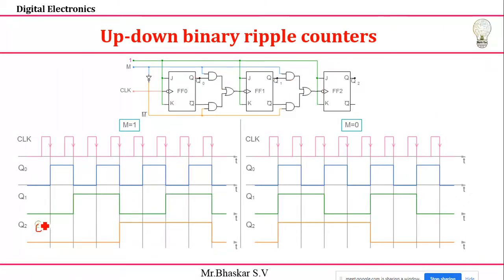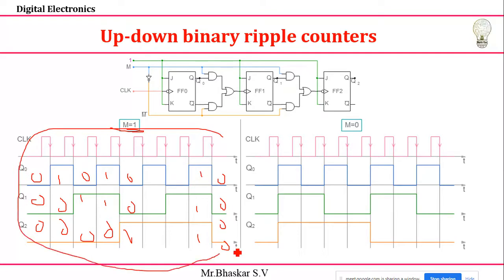For the initial values it is 0 0 0, same thing. Next it is 0 0 1. Next it is 0 1 0. Next it is 0 1 1. Next it is 1 0 0. Similarly, just analyze the final value. I'm getting 1 1 1. After 1 1 1, the process repeats with 0 0 0. Just make my mode value 1 and I'm getting an up counter. Clear about this one? Up counter.